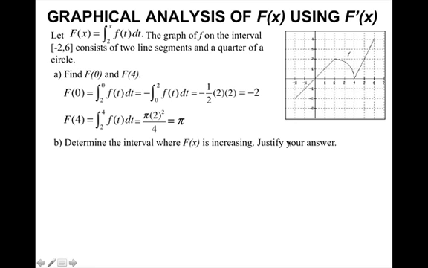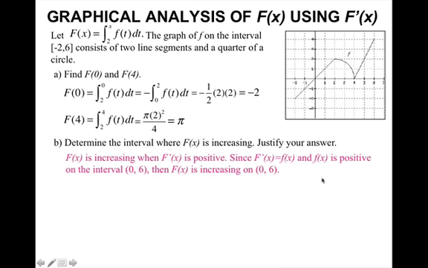For part B, you're going to determine the interval where big F of x is increasing, and you need to justify your answer. So we know that the original function increases when the derivative is positive. So that means we are looking for when little f is positive, and we should see that little f is above the x-axis from 0 to 6. So we say that